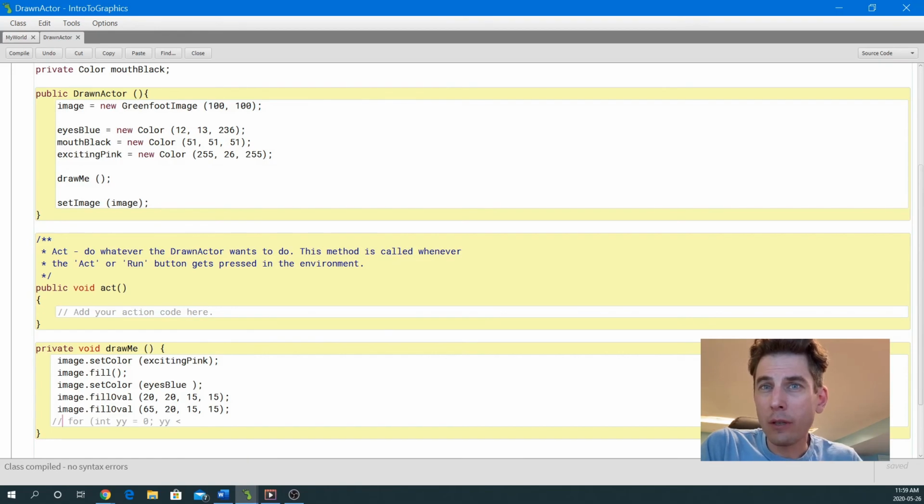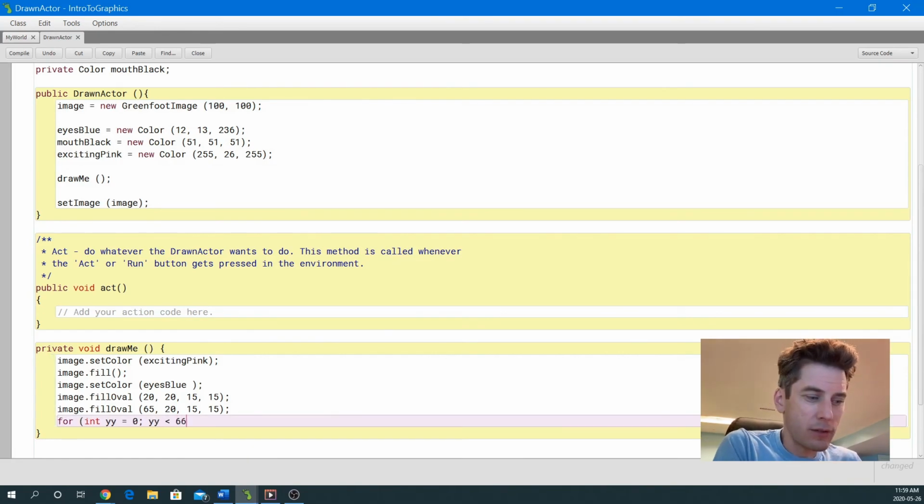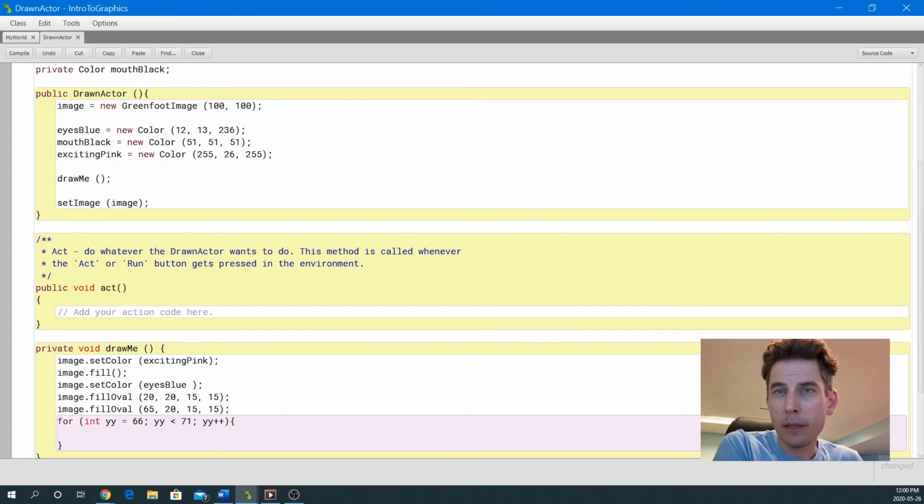So I'll say for int Y equals 66, Y is less than, say, 71, that's I think 5 lines. And then YY plus plus, and then I'm going to use a drawing command here,